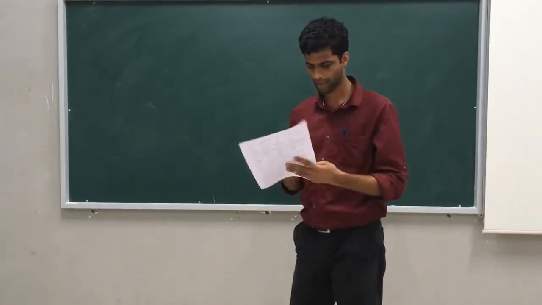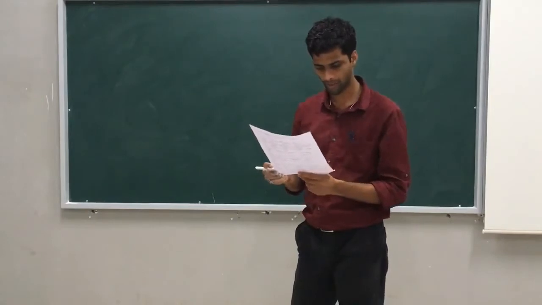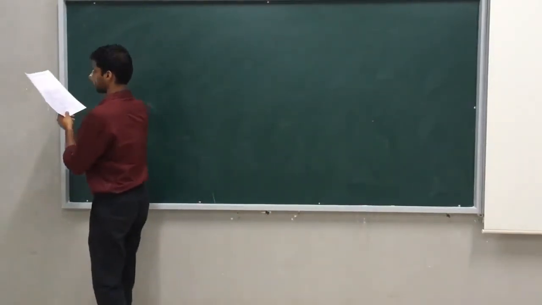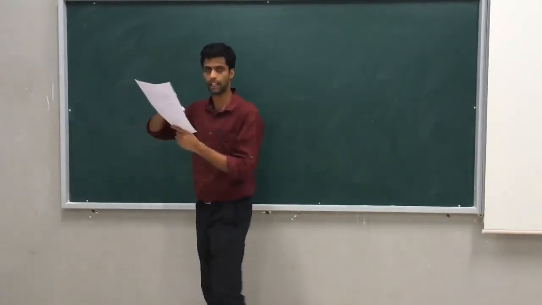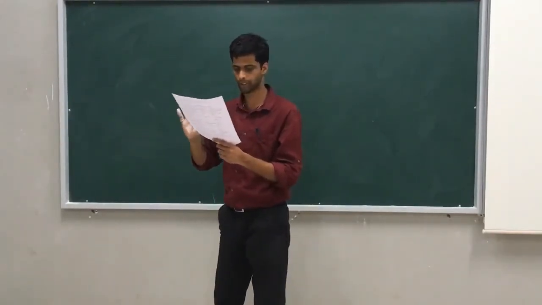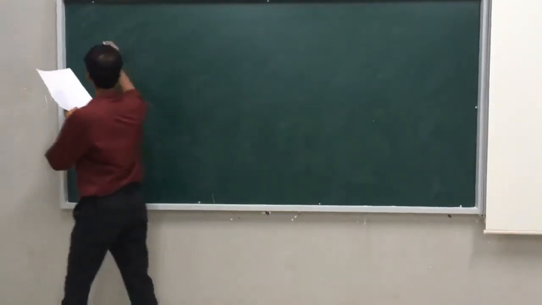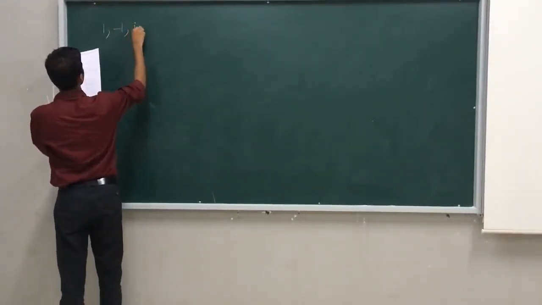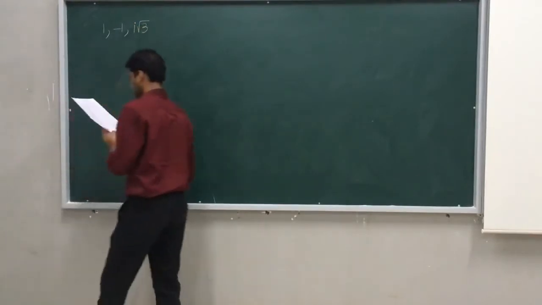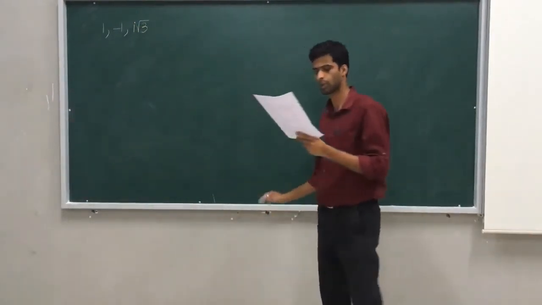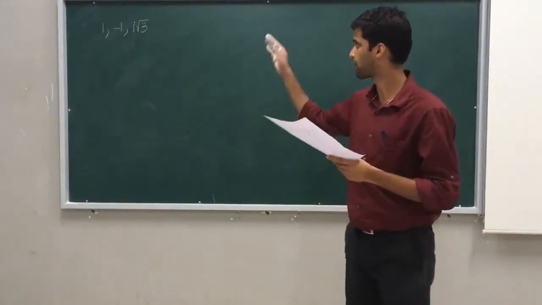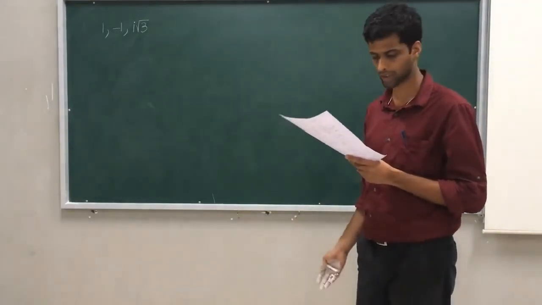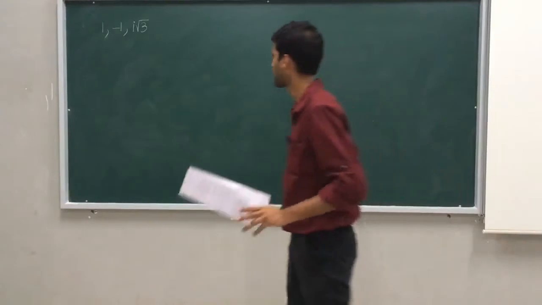Let me take another question on complex numbers. So till then, 10 questions are solved; the 11th one I'll check later. First, the complex numbers 1, minus 1, and i root 3 form a triangle, and 4 options are given. So what kind of triangle is it? Whether it's isosceles, equilateral, right triangle, or what?